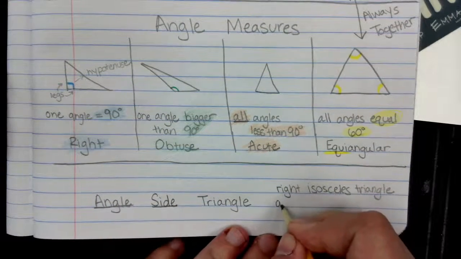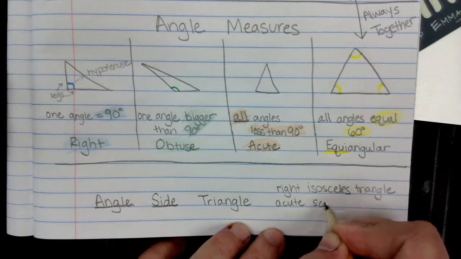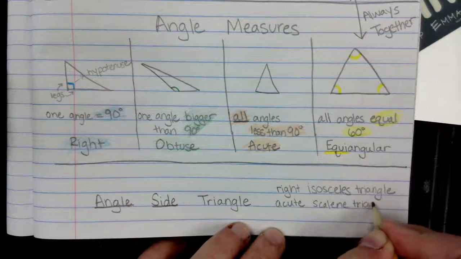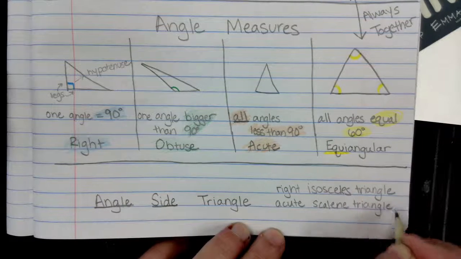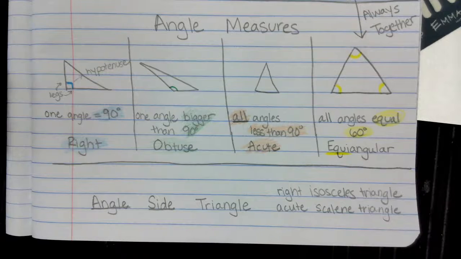Okay, we won't write down all the options because there's 1, 2, 3, 4, 5, 6, 7 of them. It's just a lot of work. But you always put the angle first and then the side. All right, we're going to do a quick practice all together before you do practice on your own. Okay, if you didn't finish copying the notes, that's okay. I'll put it back on in just a